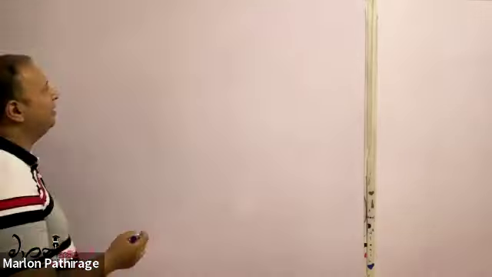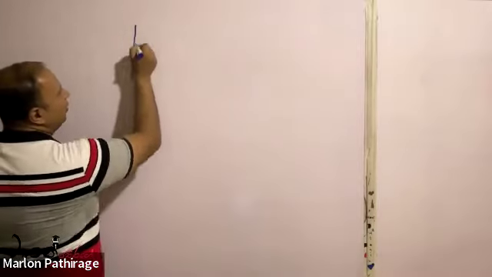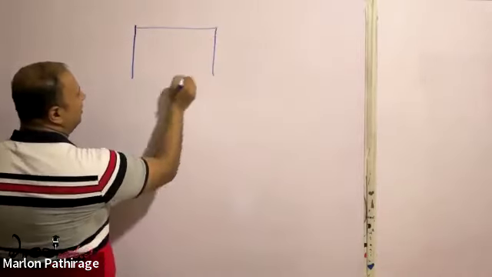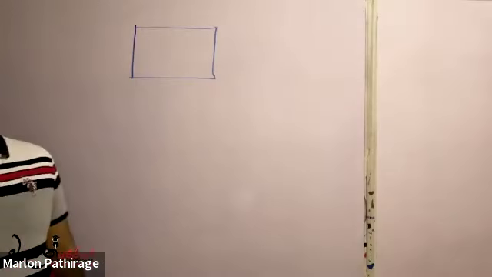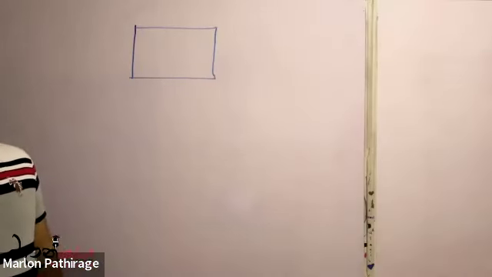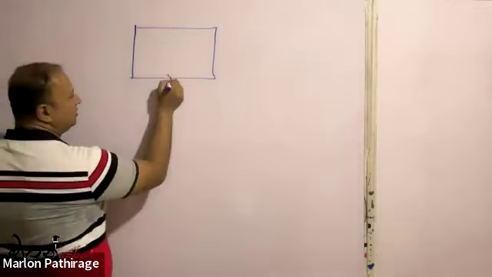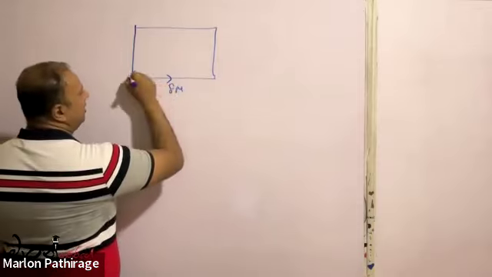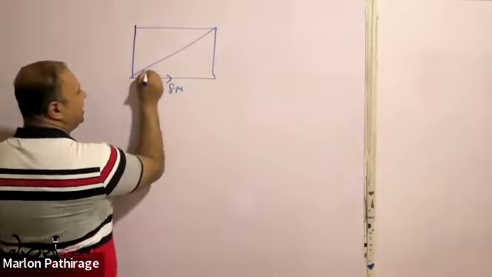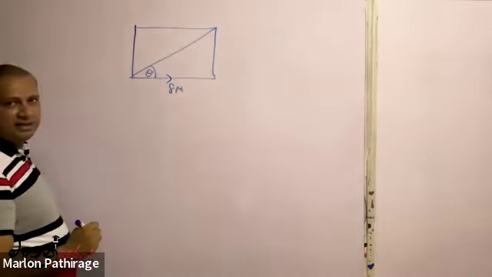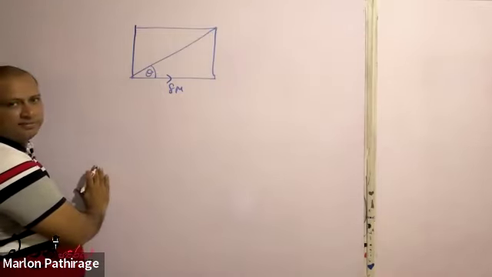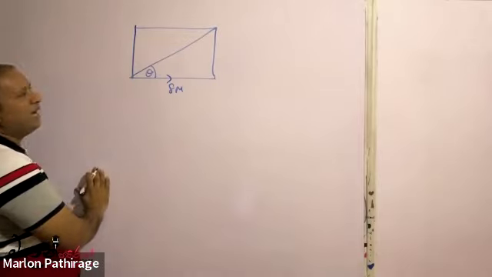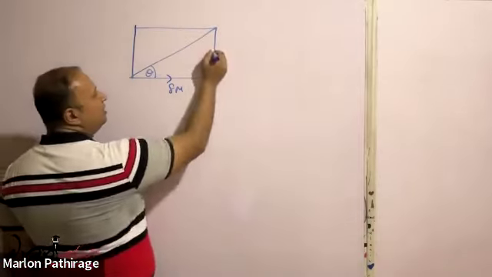rectangle. It is a rectangle. Then the A vector is given; it is 8. This one is 8. And this angle is given, tan theta is 4/3. So tan theta is 4/3. Then definitely this angle should